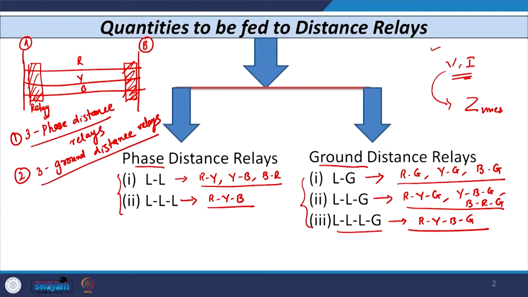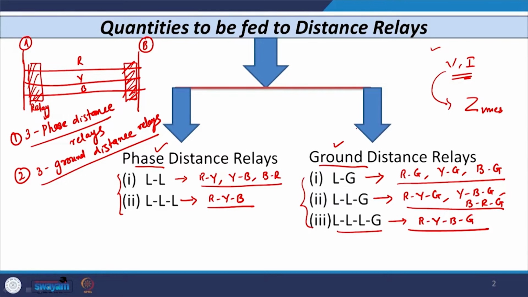Okay, so let us continue our discussion with the quantities to be fed to the distance relay. As I told you earlier, there are mainly two types of distance relay. One is known as the phase distance relay and the other is known as the ground distance relay. Now, when we consider the phase distance relay and ground distance relay, the relay has to measure some value of impedance,